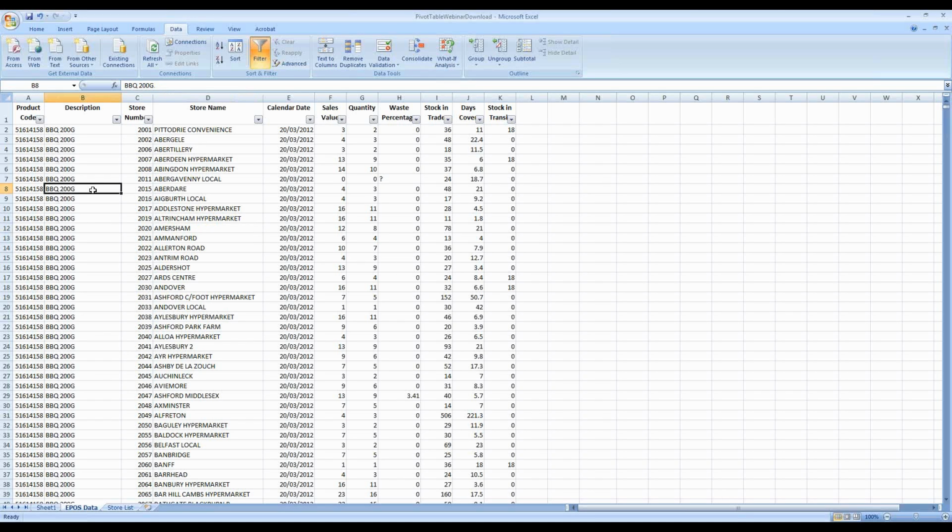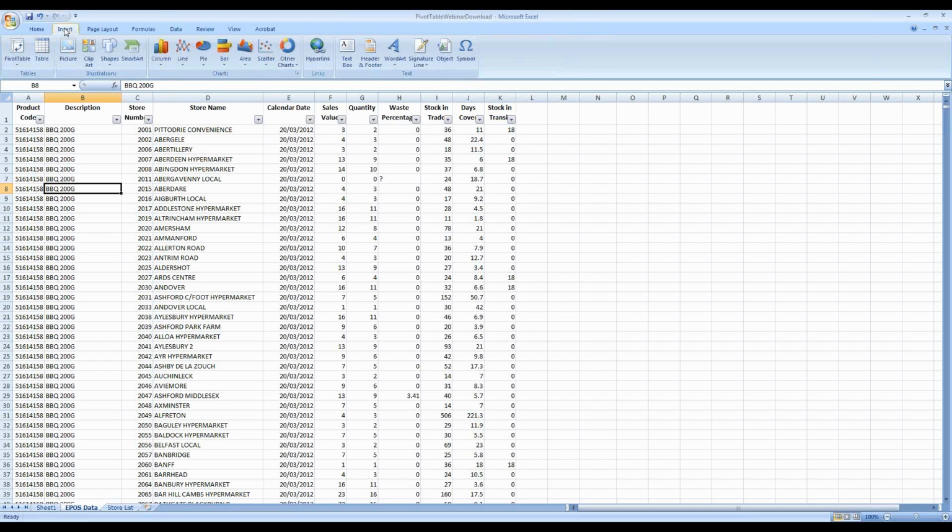If you could now go to the tab at the top that says Insert, so it's second from the left. I'm doing this on screen as well. If you need to flick backwards and forwards, you can watch me do it. So please click Insert top left option. Once you're in the Insert ribbon there, on the far left hand side you'll see the option for Pivot Table. If you click on that,